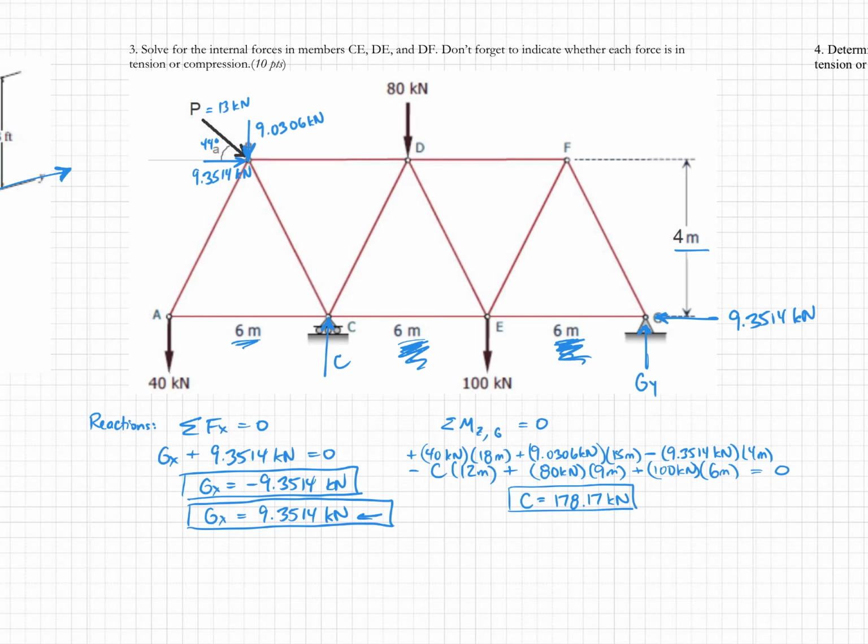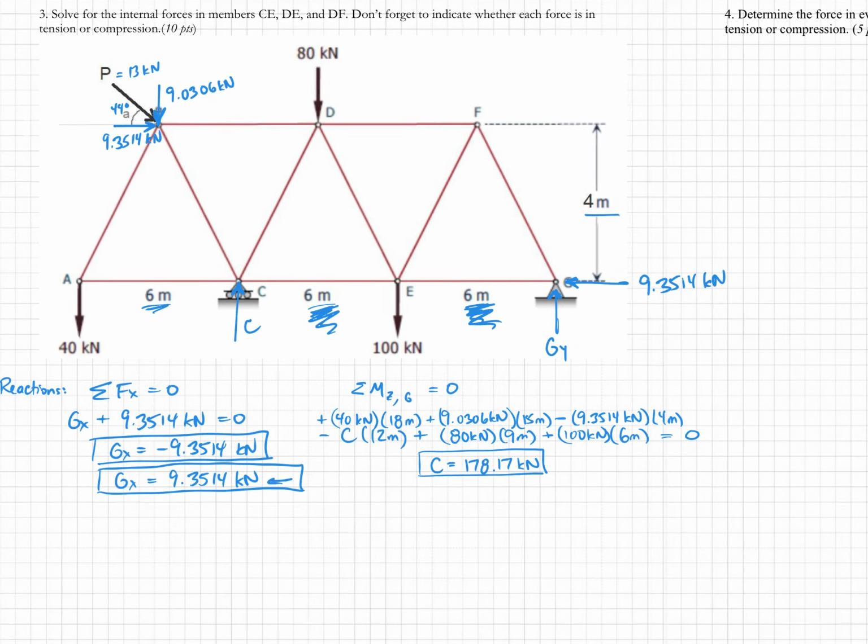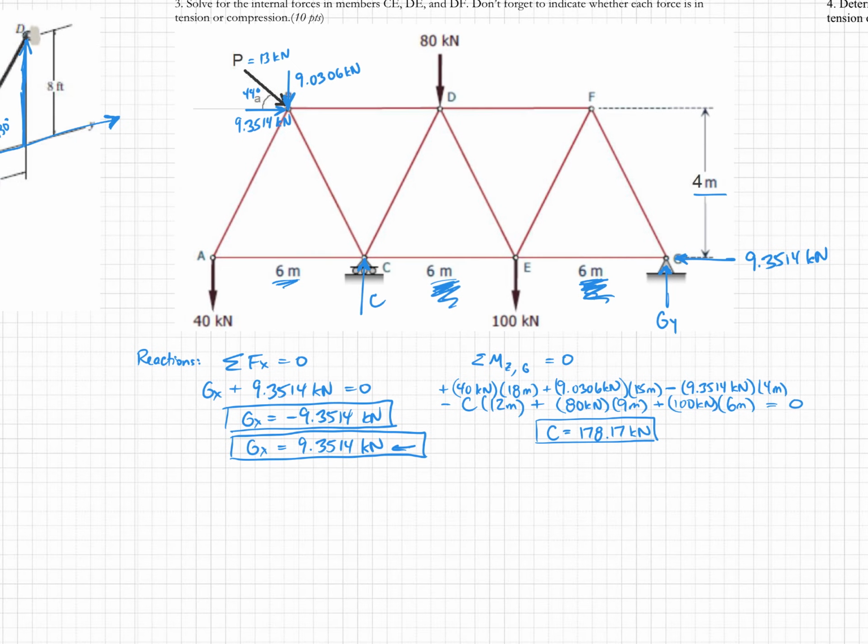Okay, so now we have to get G in the Y direction. So we'll do sum of the forces in the Y equals 0. We could also do another sum of the moments if I wanted to do it around C. But summing forces is usually less error prone than doing moments, so it's usually a good idea to do it that way. So in the Y direction, let's see, we've got negative 40 kilonewtons minus 9.0306 kilonewtons plus C, which is